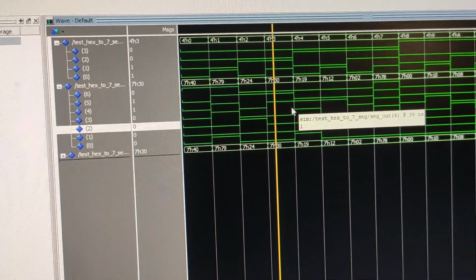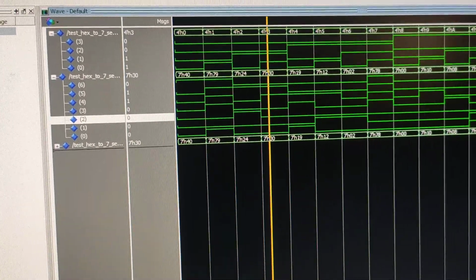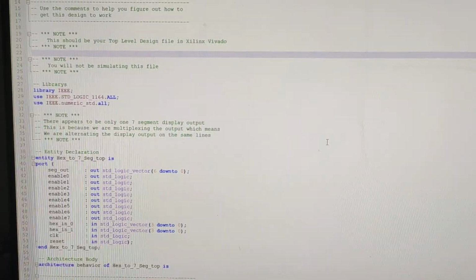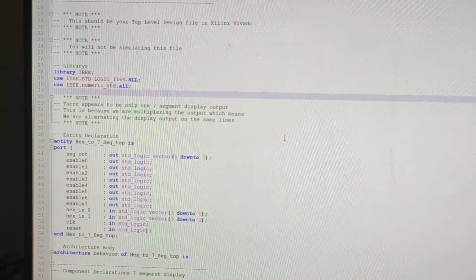Now let's come to the second part, where our task is to compile the top module without errors and run it. We will run it on the FPGA board.